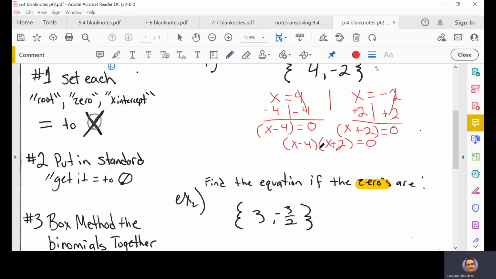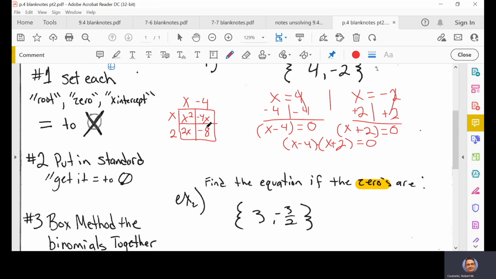And all we have to do is now we can actually multiply these 2 together. So good old box method is coming back into play. These are binomials multiplied by binomials, so it's a 2 by 2 box. You have an x, a minus 4. We have an x and a 2. We fill in our boxes. We got to multiply. Look up, look left. X times x is an x squared. X times -4 is -4x. This would be a 2x,